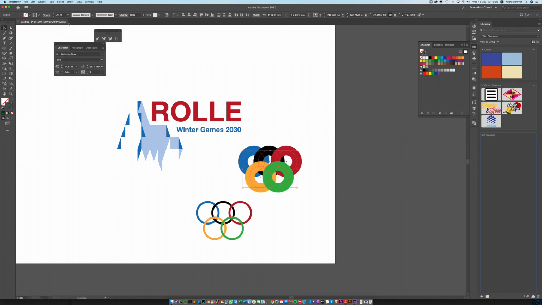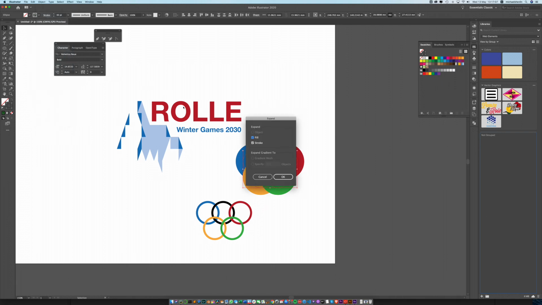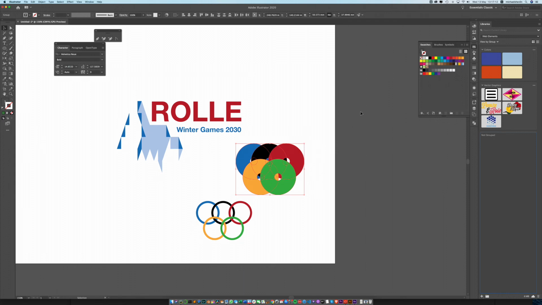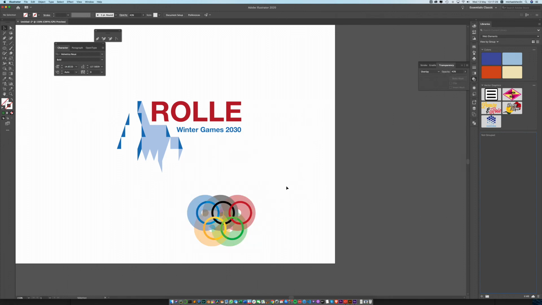So I've got the color scheme that they've got, and then I want to take the object and expand it. So I want to get rid of the strokes, so I've just got real objects, and I'm going to change the transparency and make it screen or overlay. So now I'm getting some interesting shapes, and I'm going to change the opacity to like that, and I want to put that over this so I get that lovely overlaid look to it,